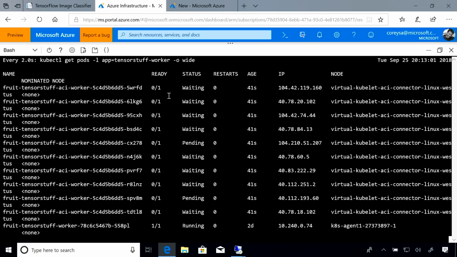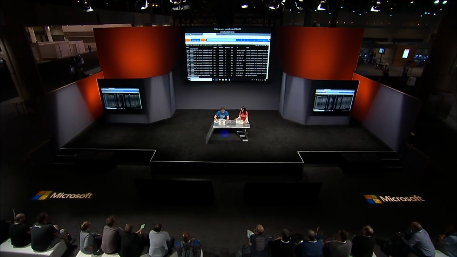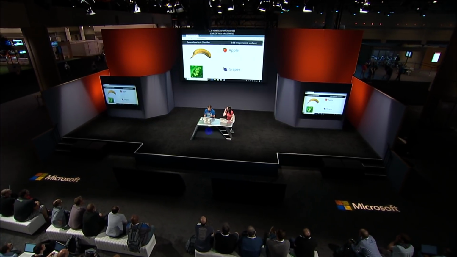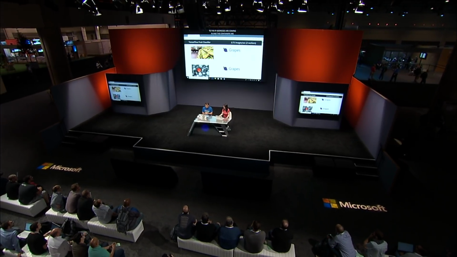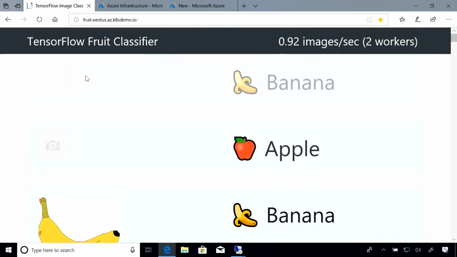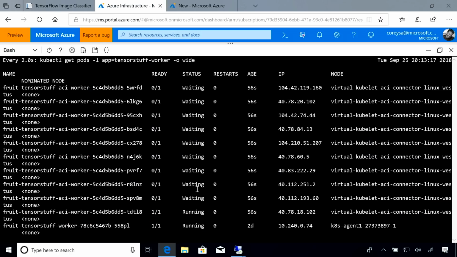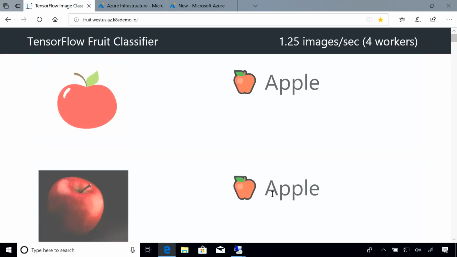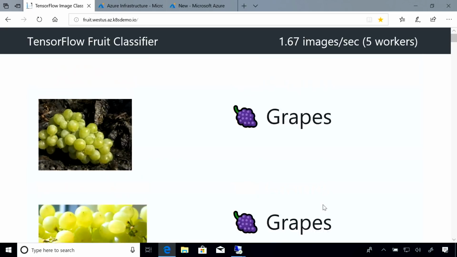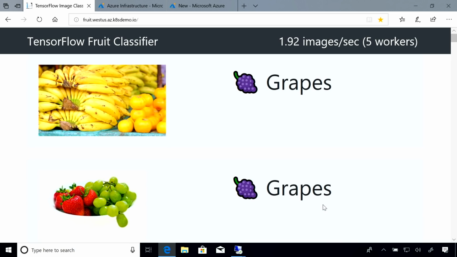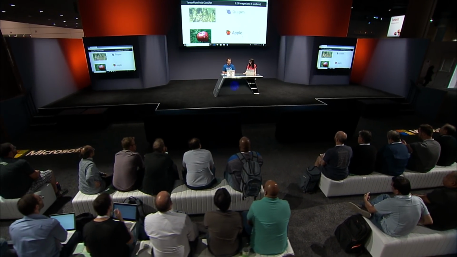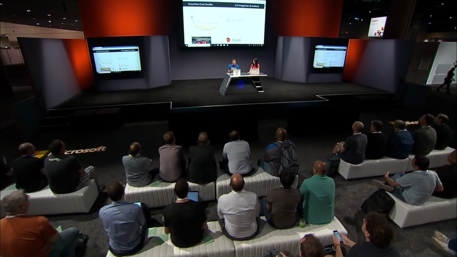So the time it took me to incorrectly type the command, you see here, I slide over here, you're going to start seeing that worker's already up to 2, right? So I'm already taking new load, I'm expanding this out, and these are going to just start going up and up, and so already I'm processing 0.83 images. If I slide back over here and take a look, there's 3 workers, right? So you can see them up and running, their IPs are getting assigned, 4 workers, and just like that, this has scaled out. So this is so much faster than you would have seen me create a VM and add it to my Kubernetes cluster and then launch a container on top of it. This just makes everything faster and easier and simpler.